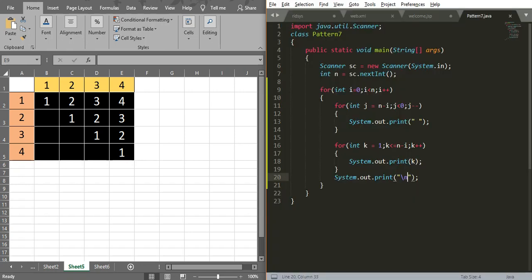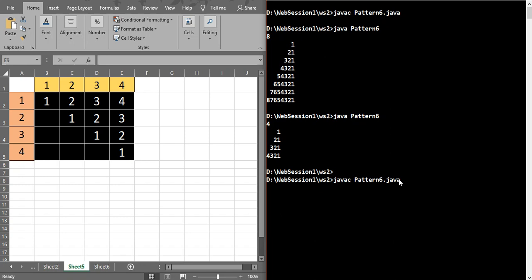The program name is pattern7, so I'm going to compile it as pattern7.java. I'm giving the input as 4.